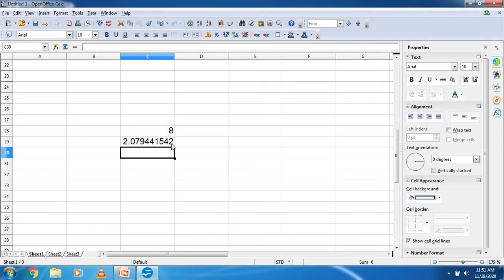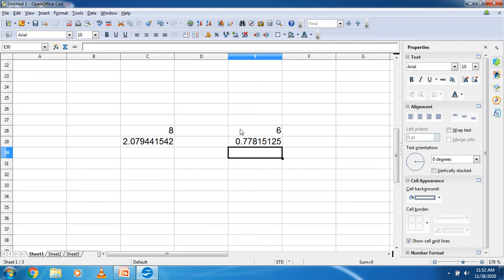Okay student, now your next function is logarithm base 10. The LOG10 function returns the value of logarithm base 10 for the given positive number. The general form is LOG10 number, where number is a positive number. For example, LOG10 of 6 returns 0.77. So let's check it student, how is it working. Here suppose I am writing the number 6 and I am using the function equal to LOG10, bracket, number 6, bracket close, enter. So you will get the value 0.77.